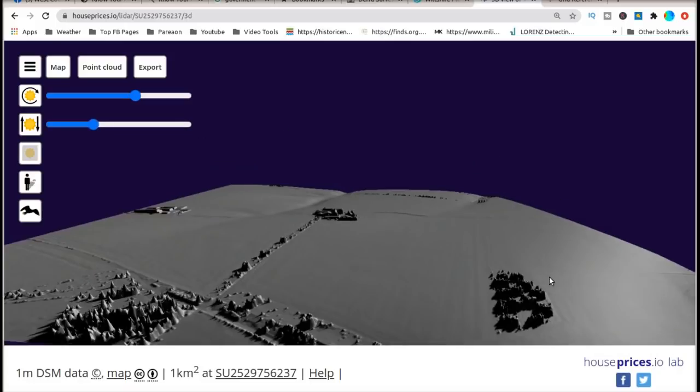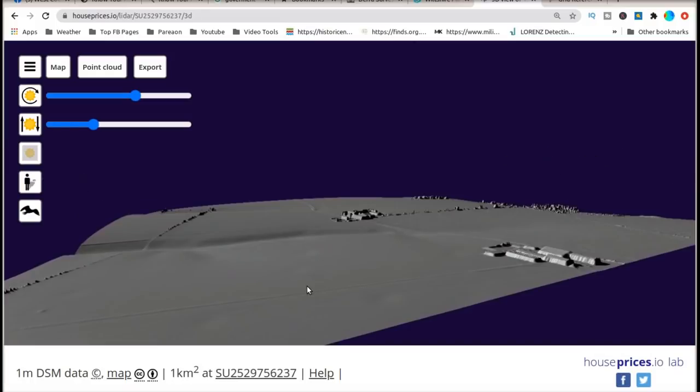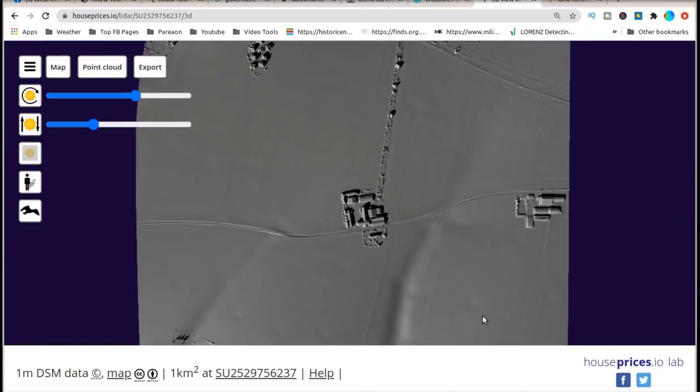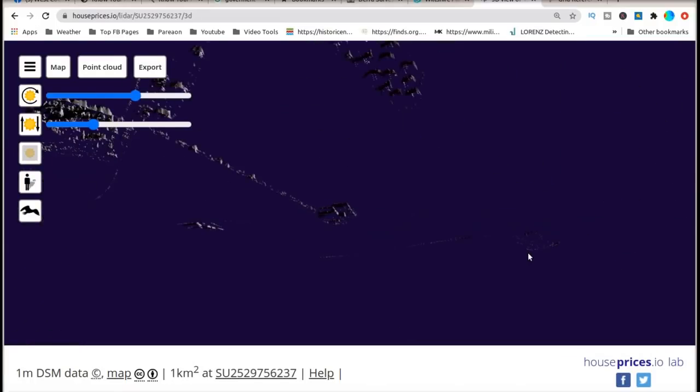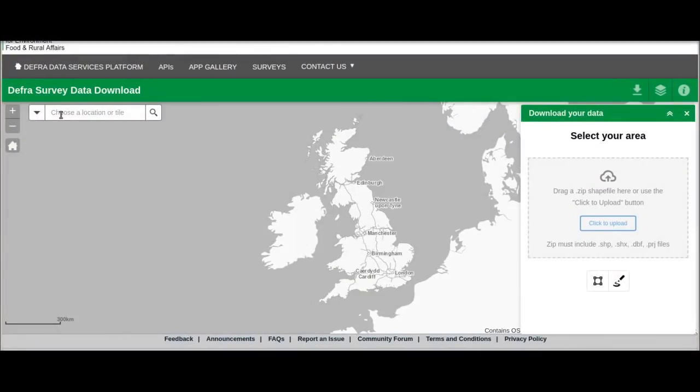You'd probably be able to pick out things better with it like that than you probably could normally. But yeah, very interesting what you can do with house price LIDAR. Right, but what I tend to like is I like to do my own LIDAR, and I'll show you how I do that. Right, so what you do, this is the DEFRA survey